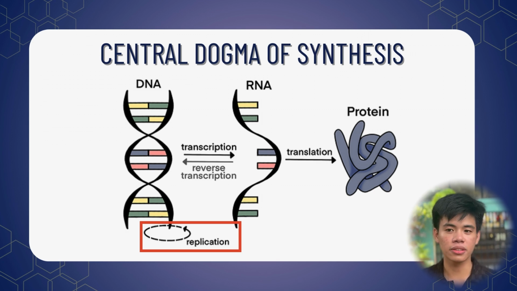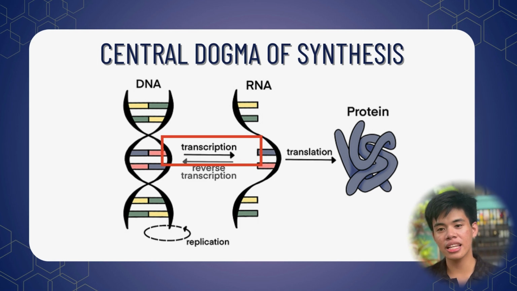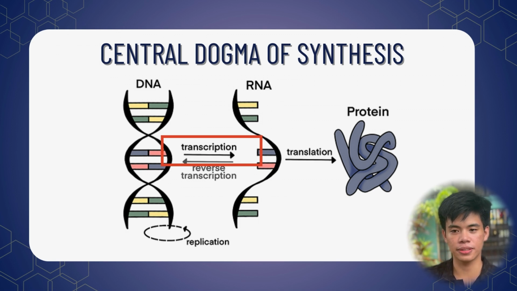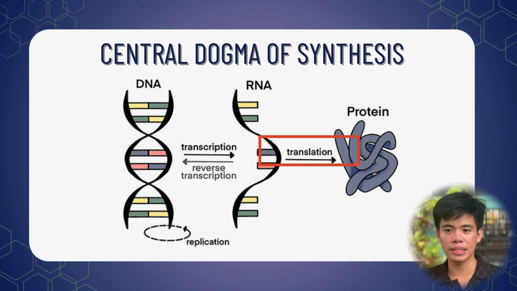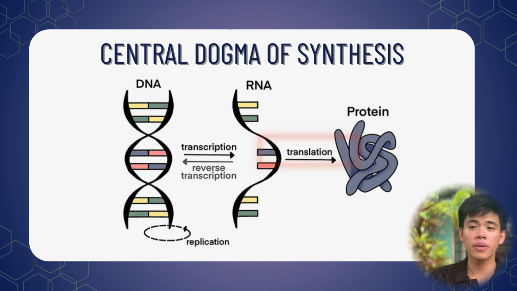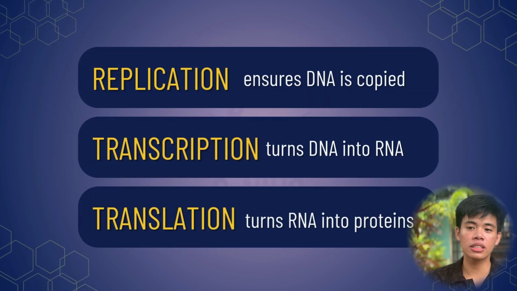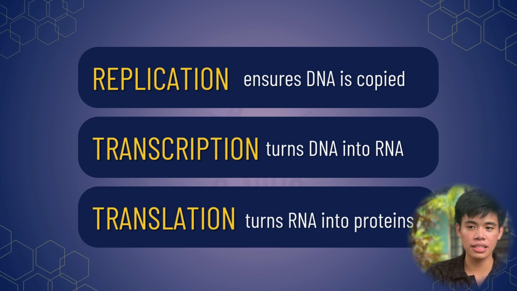Next is transcription, where segments of DNA are copied into RNA. Now this RNA carries the genetic messages out of the nucleus. Then comes translation, where the RNA is used as a guide to build proteins. Those proteins are the final product. They affect how we look, how we feel, and how our body functions. So in short, replication ensures DNA is copied, transcription turns DNA into RNA, and translation turns RNA into proteins, bringing